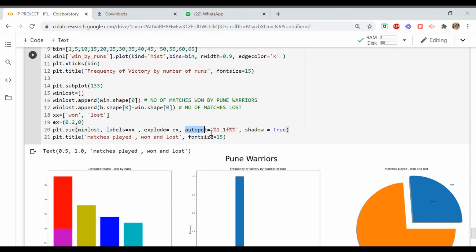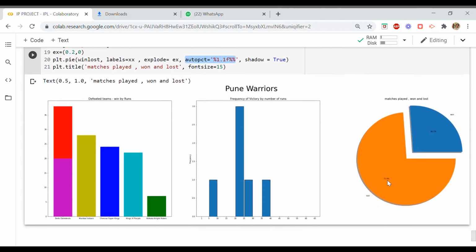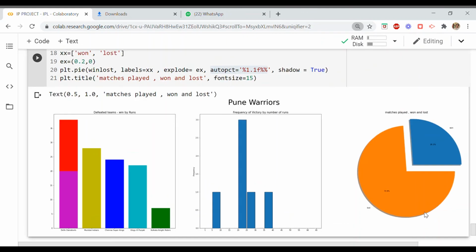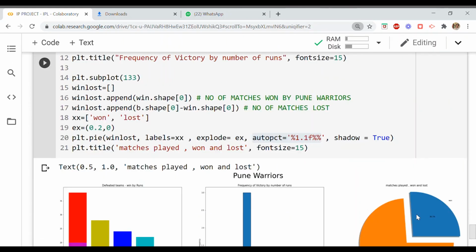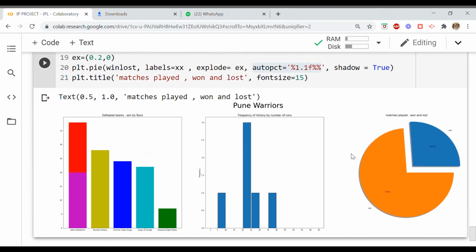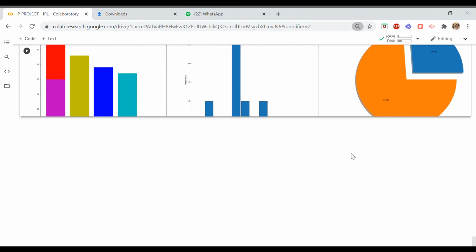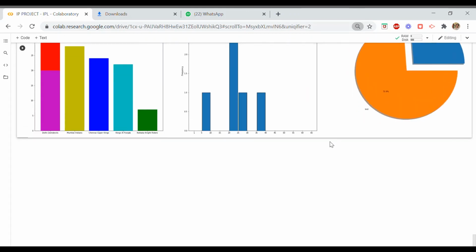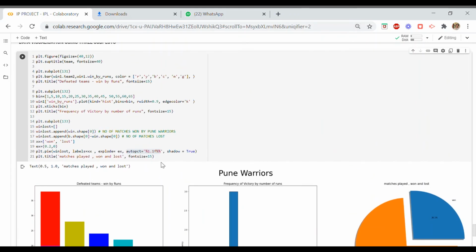And then autopct 1.1f%%, 1.1 float. This is the value which I want to display in the form of float values on my graph, because these are multiple graphs, and the values are being displayed here in a very small size, but yes, it is showing me the output in a percentage form. And then font size 15, that I can change here accordingly.